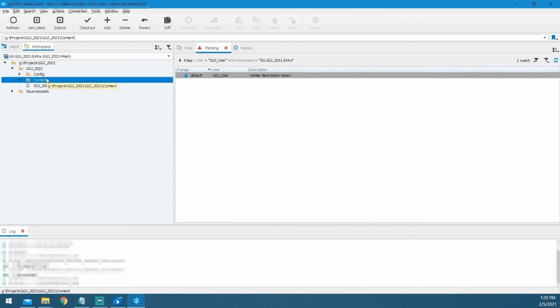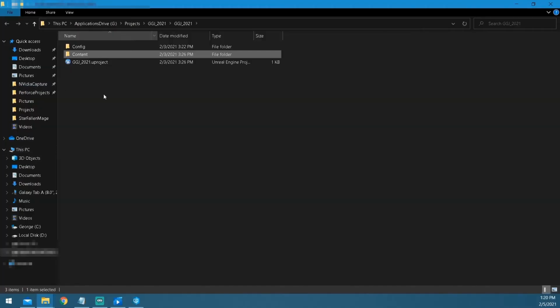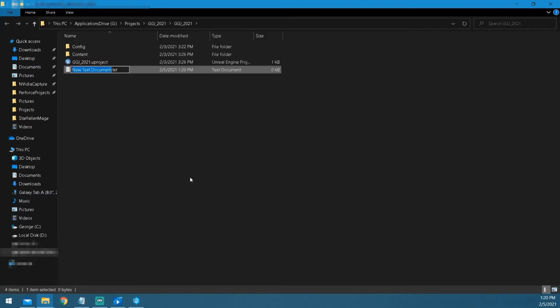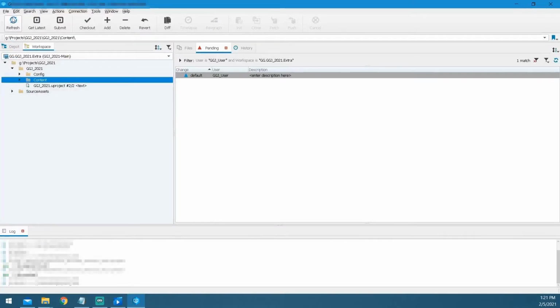All right, let's say I want to add something in manually through Perforce instead of going through some other third-party application. So I hit Control-Shift-S, and that takes me into the Windows Explorer of this. And let's say I want to add something in here, and for time's sake, we're going to just add a text document, something simple. We're going to put "this is mine to add," and I go back into Perforce, and if I hit refresh, I should see this,